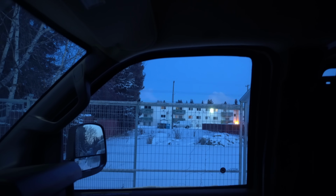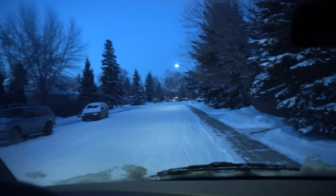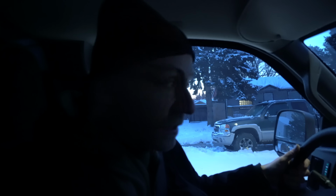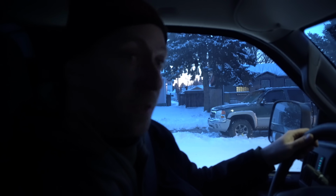Okay, now I have found a spot in a residential neighborhood, a normal residential neighborhood. A lot of houses here, apartment building right back there, empty lots, houses for sale, houses sold, so that's awesome. I am parked right here beside this vacant lot, and I'm going to get out of the car, crawl into the back. It's all blacked out, but once this traffic subsides, the people driving past, I'll get that a little more